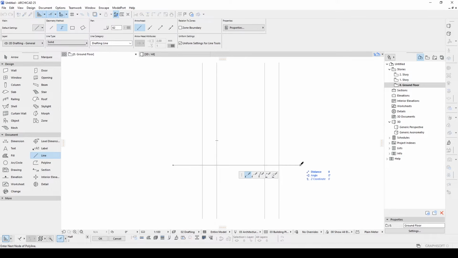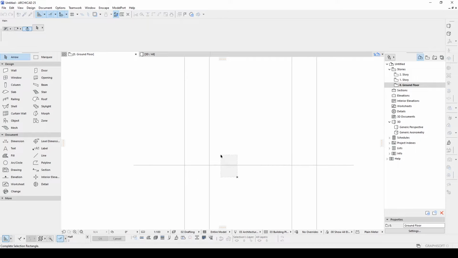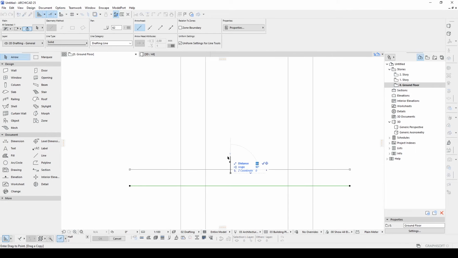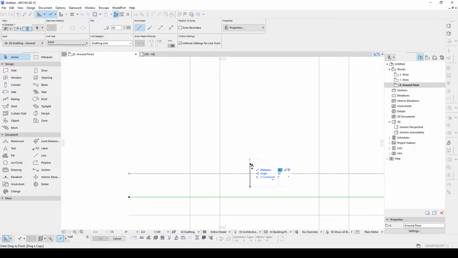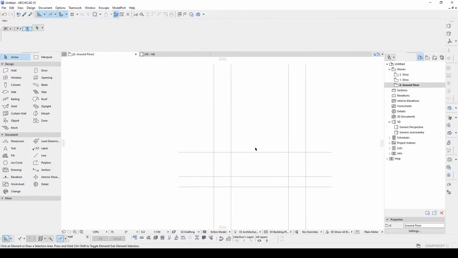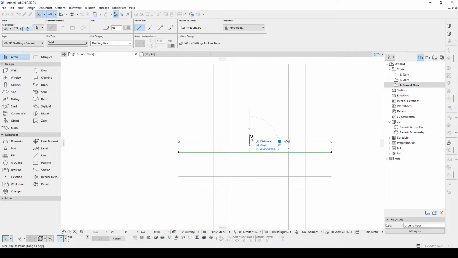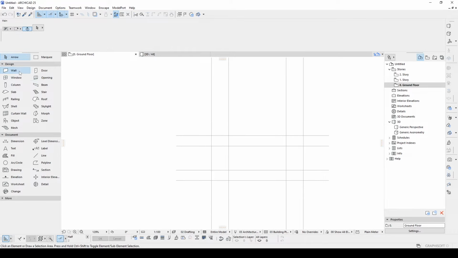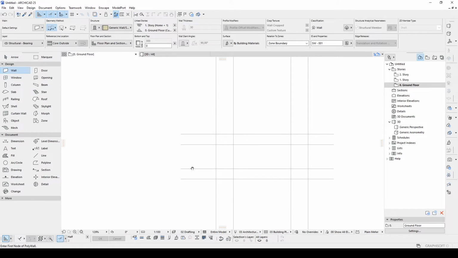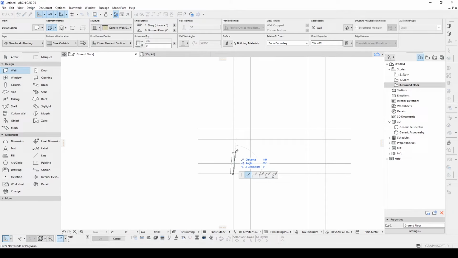With this horizontal line, it's going to start the stair. Let's add 90 centimeters. After that, I'm going to duplicate 2 meters and 10 centimeters, and again 90 centimeters. There we go. It's our main sketch, and on the left and right side I'm going to place a simple wall